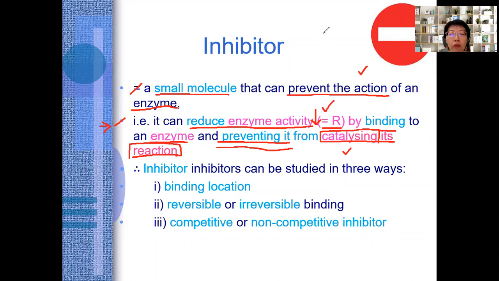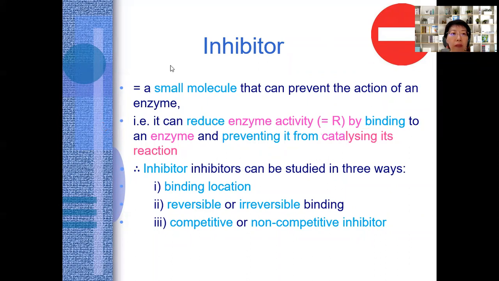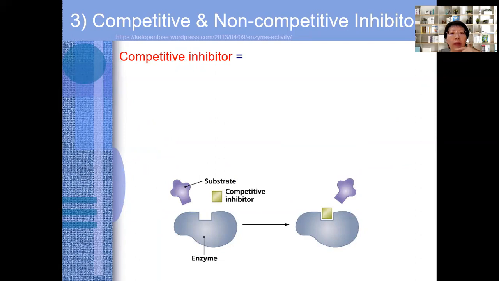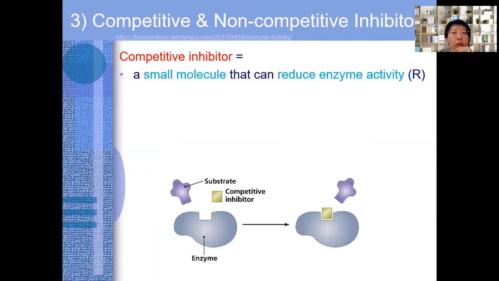So that's why I added this for elaboration purposes. Even if I don't add it, you can get the full marks. You have to think about what you have learned in theory about the action of enzyme. What do you mean by prevent the action? It means prevent the catalyzing of reaction. And what happens after preventing? The rate will drop, the enzyme activity will drop. So you can still figure out the 2 additional points to get the marks, but I put it in so it's easier. You learn it together. I have also added some points here to make the definition